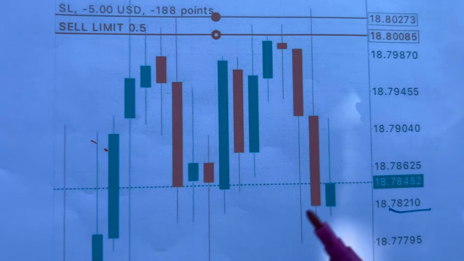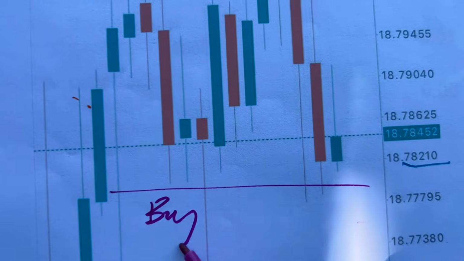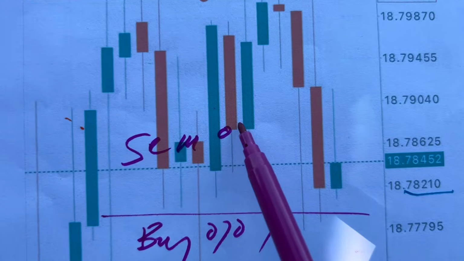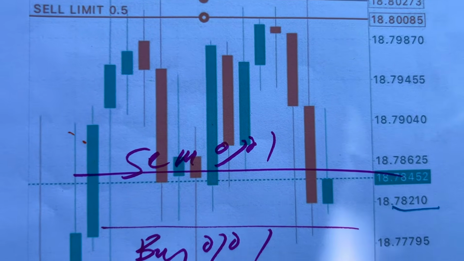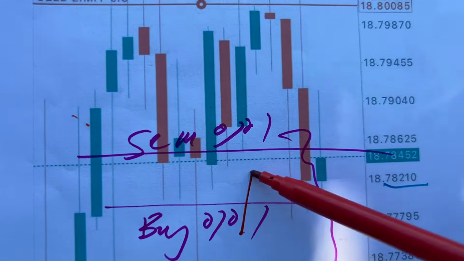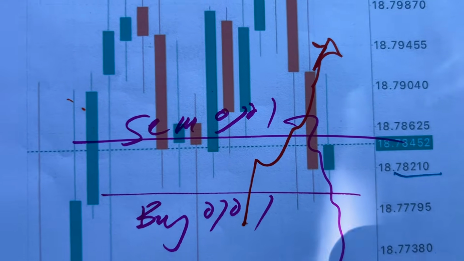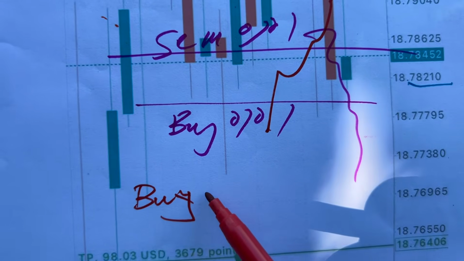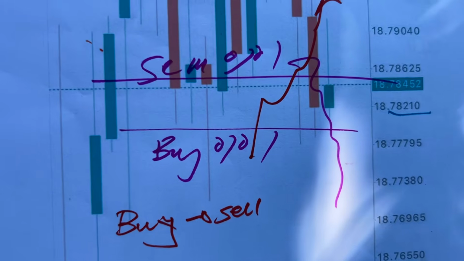Now, when you buy, let's say you buy here at this price, 0.01, or you sell here at this price, 0.01. Why do we sell? Why do we buy? We want to make profit. So if you sell, the graph has to go down. If you buy, the graph has to go up. When you buy here, you're buying to sell. When you sell,